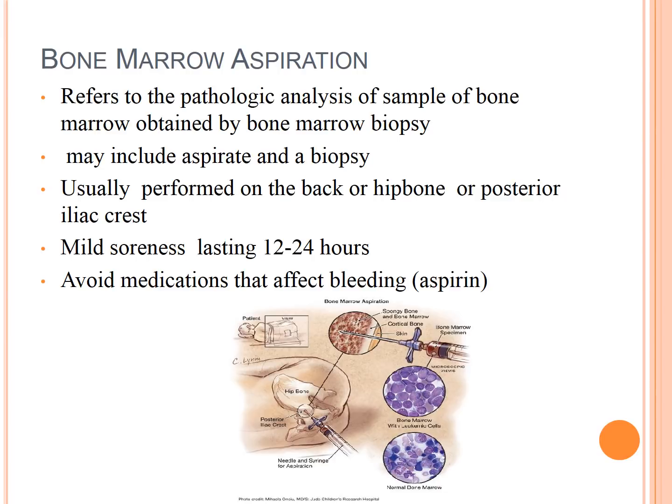So when patients have to undergo a bone marrow aspiration, you want to be sure that you have evaluated their risk for bleeding beforehand. So you want to know what their platelet count was before they have a bone marrow aspiration. And you want to avoid any medication afterwards that could increase risk of bleeding. And then you also want to evaluate their risk for infection. If they have low neutrophil count or low white blood cell count, you want to know what their risk is, because this is an invasive procedure.